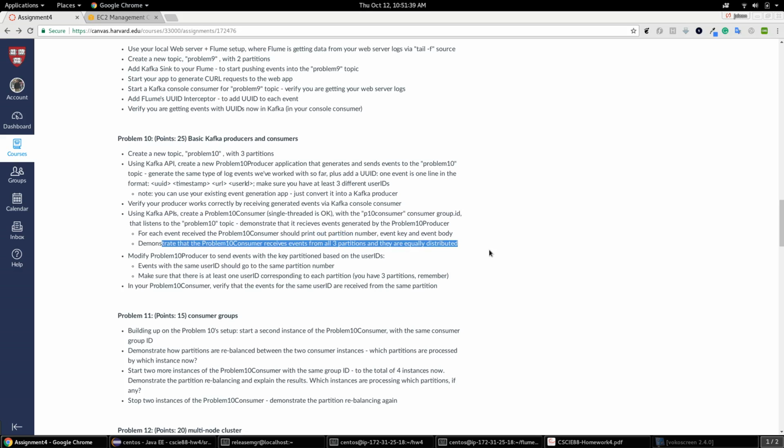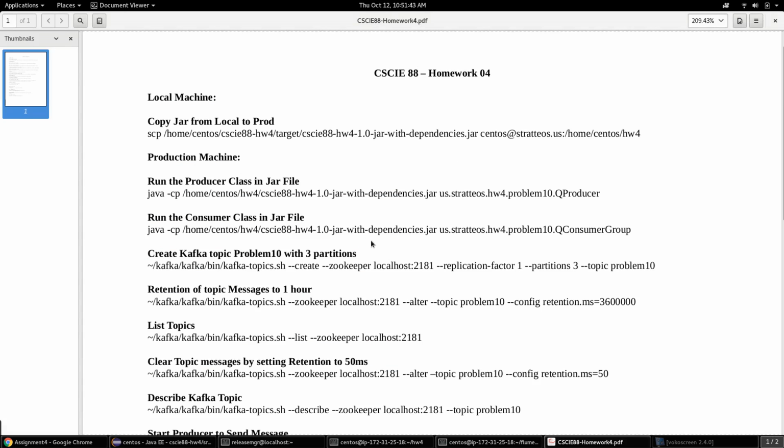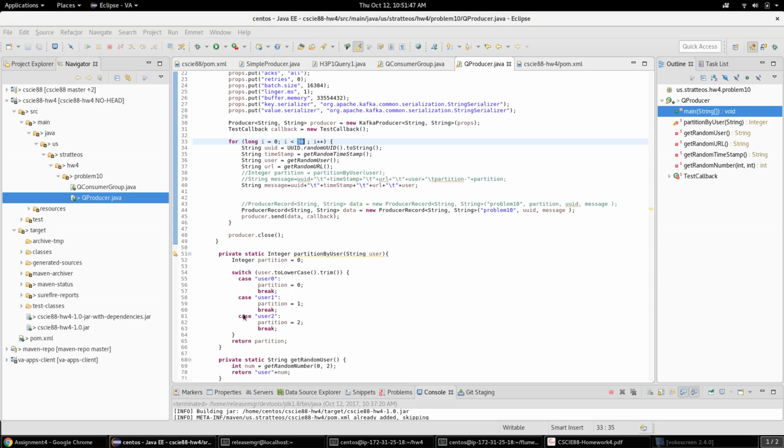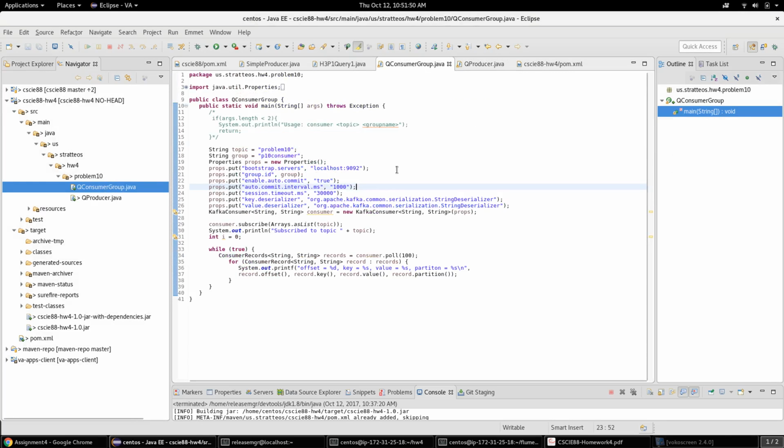So it receives all the 3 partitions, and they are equally distributed. Okay, let's run this. This is the command. First I will show the source code right here. This is simple code. We have the group P10 consumers, and the topic that will be consumed is problem 10. These are the configurations,